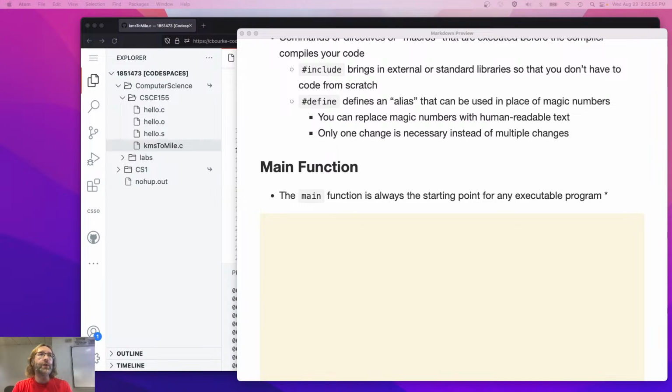This is also true for Java. It is semi-true for Python. Python, you can just go ahead and start executing an interpreted script, but you can also define a main. Pretty much any programming language that I've ever seen either requires a main or has some way of you defining a main. For now,